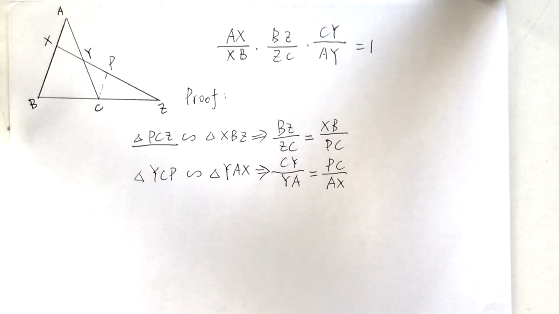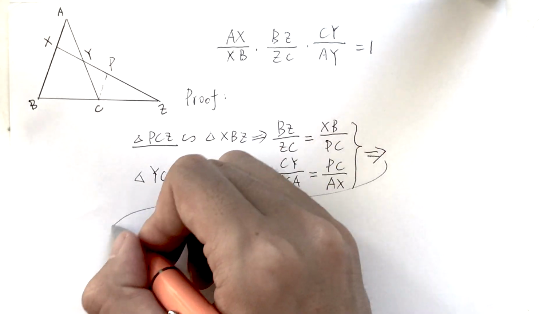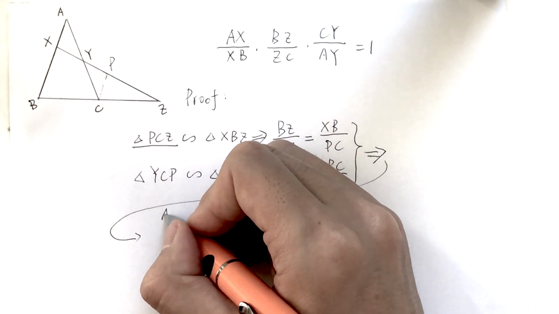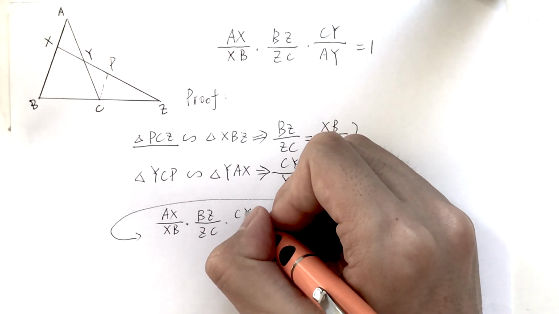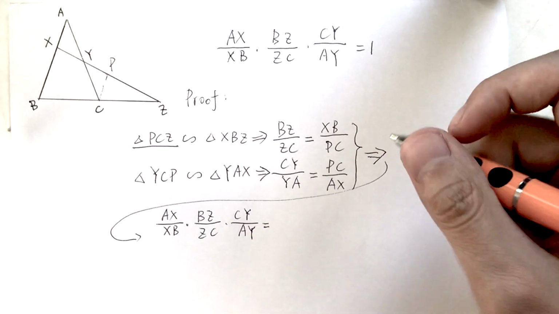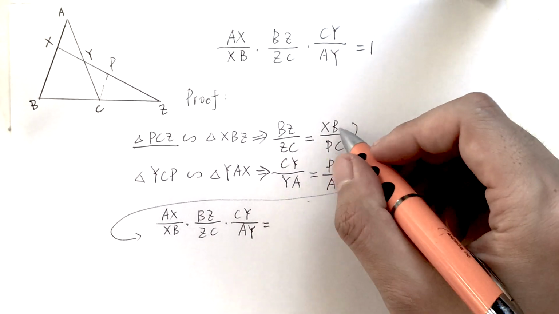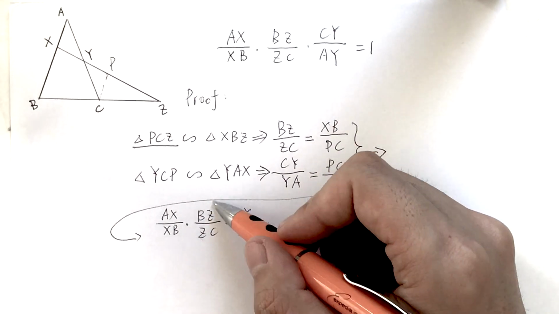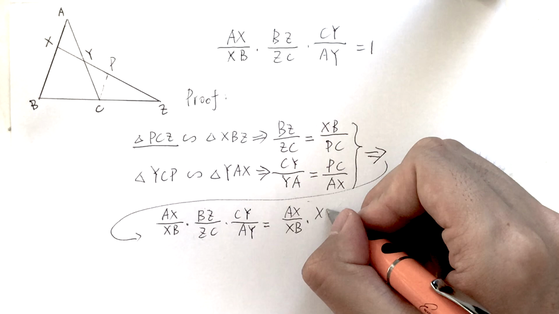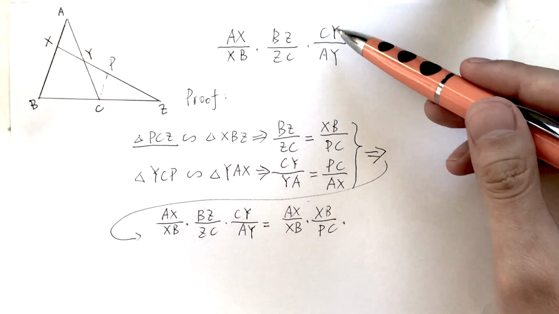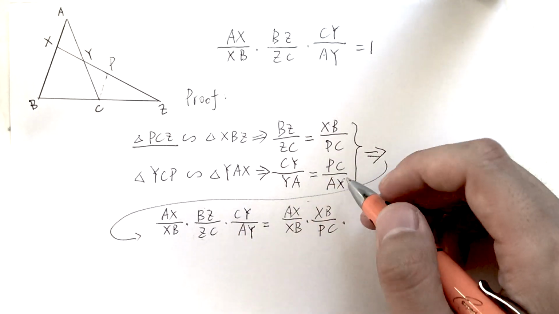So now we have constructed these two equivalences. Let's substitute them into the original expression that we want to prove. AX over XB times BZ over ZC times CY over AY. Because we have proved these two equalities, let's substitute them. BZ over ZC is equal to XB over PC, so we can replace this value with the value here. That will be AX over XB times XB over PC. We also proved that CY over YA is equal to PC over AX, so we replace this with this, and that will give you